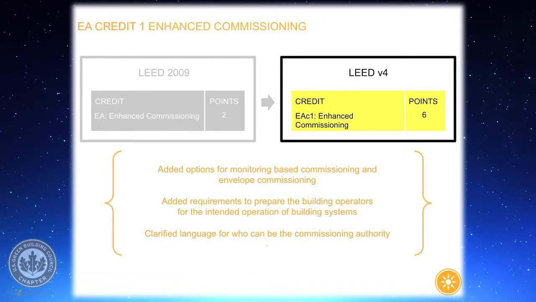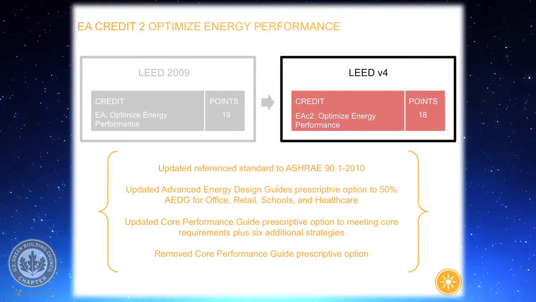Again, we've clarified language here as it pertains to enhanced commissioning for who can play what role in terms of commissioning authority. Optimize energy performance in LEED V4 worth 18 points. Again, aside from the changes to the reference standard, relatively minor changes otherwise, updates to the advanced energy design guidelines as well as the core performance